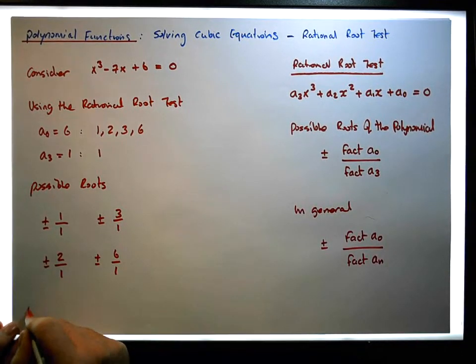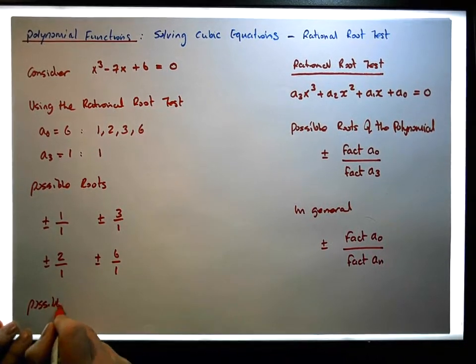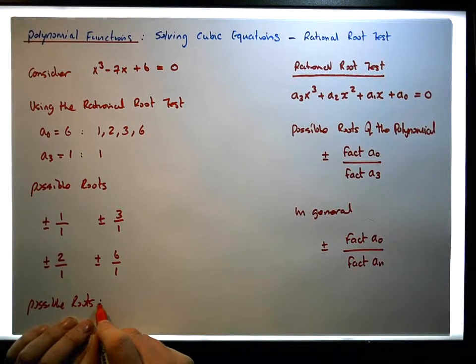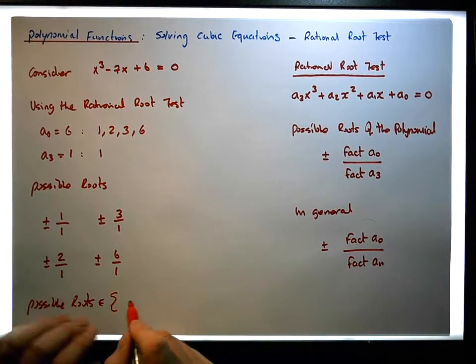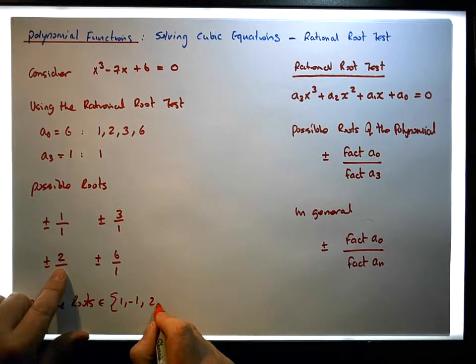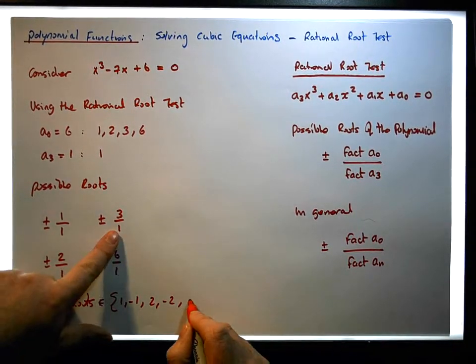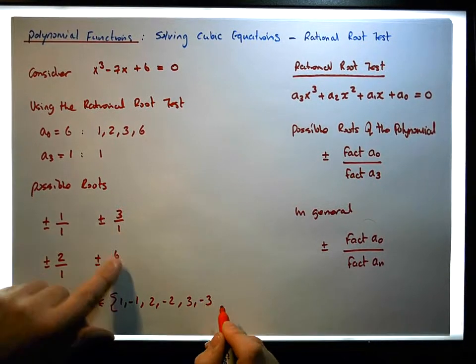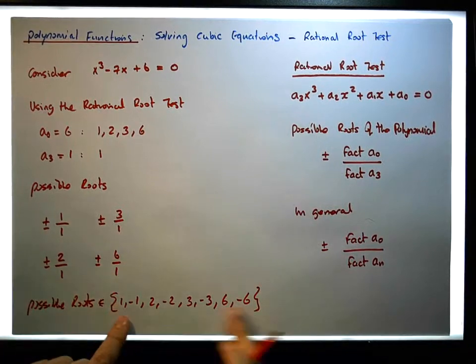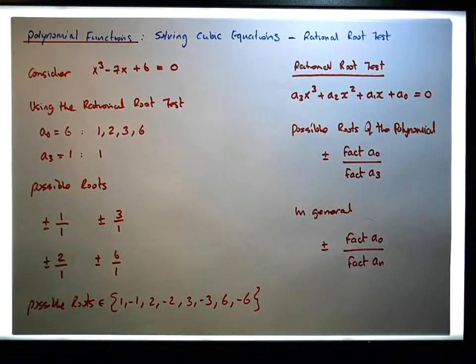So the possible roots are elements of the set 1, minus 1, 2, minus 2, 3, minus 3, and finally 6, minus 6. They're the only possible roots based off the rational root theorem. What we're going to do now is see which one of these particular values, when we substitute